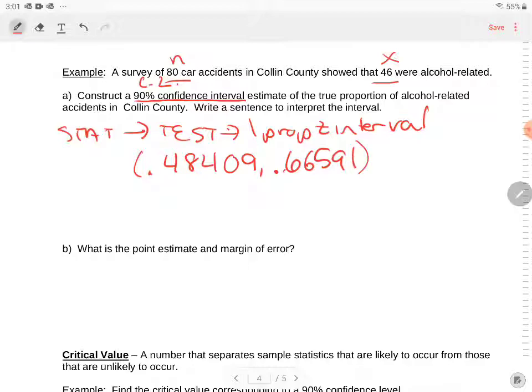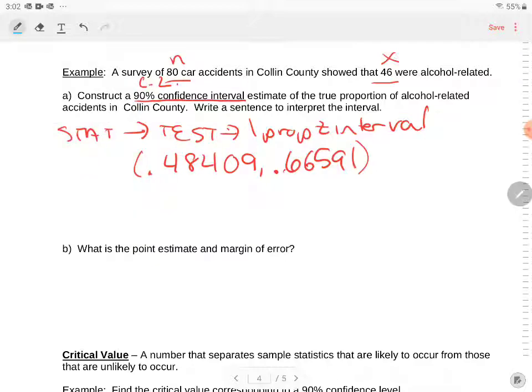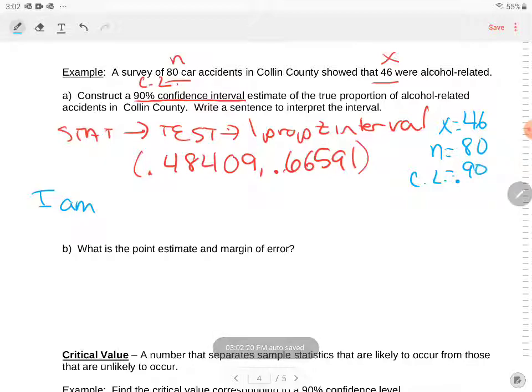Let's list to the side and fill in our blanks. For this problem, X is 46, N is 80, and your confidence level, we're going to call it CL, is 0.95. So we say, I am... Oh, they changed it on us. Our confidence level is 90%, 0.90. I am 90% confident that the true proportion